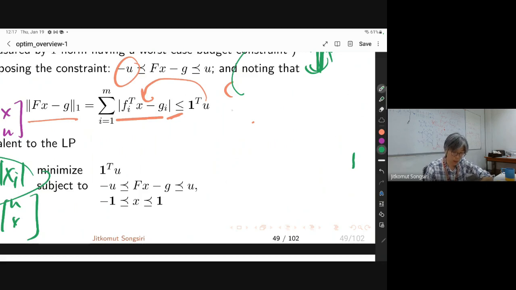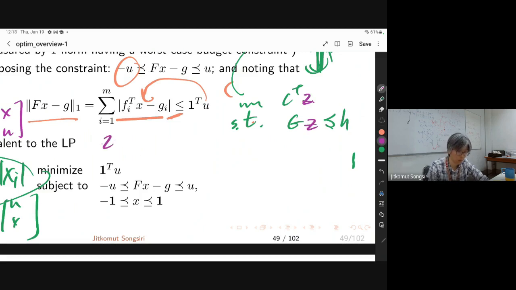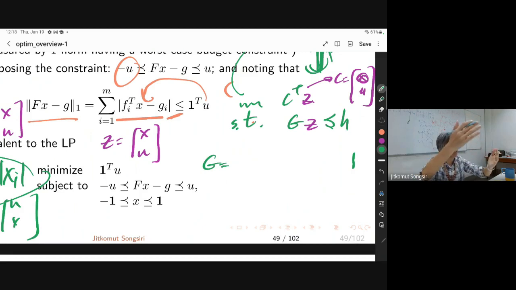I want to formulate it as 1 transpose X expressed as GX less than H. But now, in order for you not to get confused, I'm going to use Z, right? Because it's a new variable. Z is X and U. Now, previously, our C is what? 0 and 1, right? Now my G. Because your Z has 2 partitions,